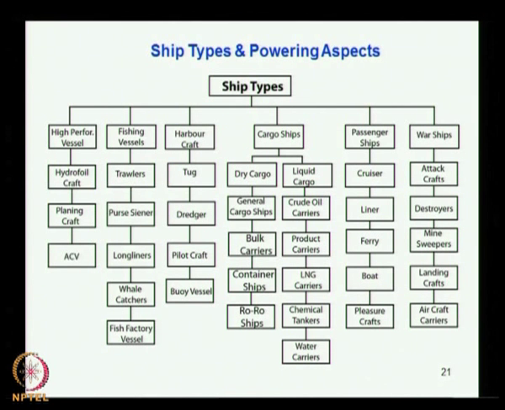In all these cases, these liquid carriers usually run at low speed, maybe 15-16 knots. The resistance for these vessels depends on their fullness. Most of these liquid carriers are full form, so the resistance will be more from the frictional side, and form resistance will be more because of the fuller form.